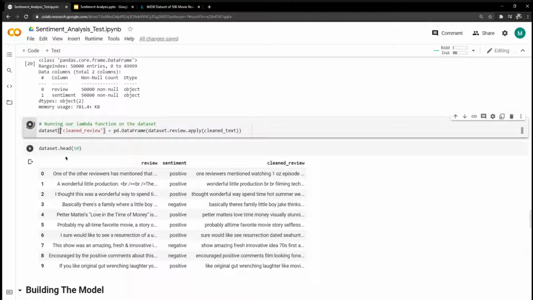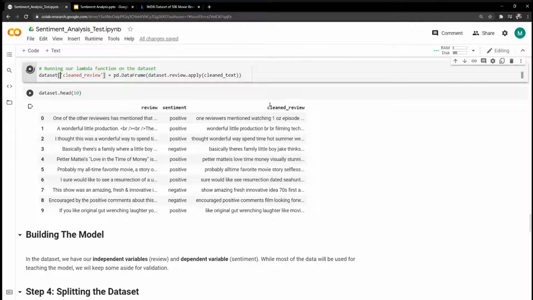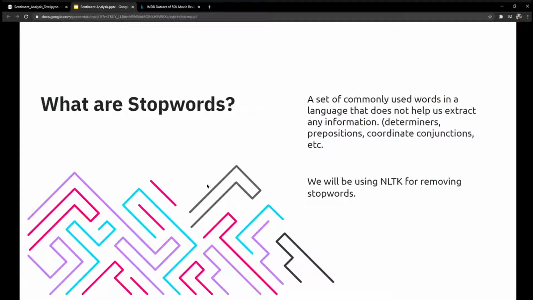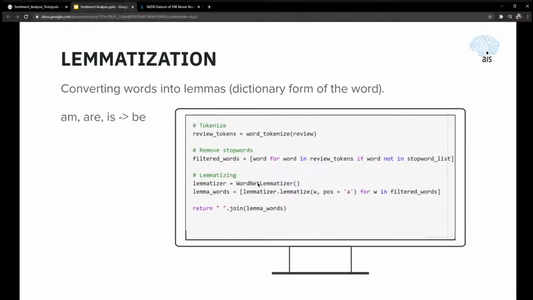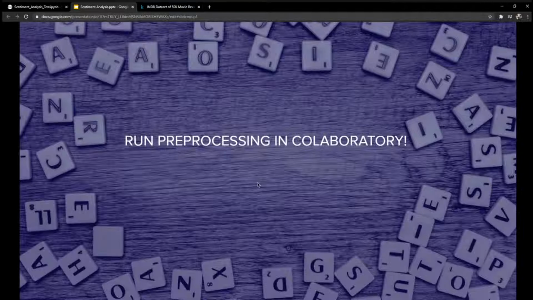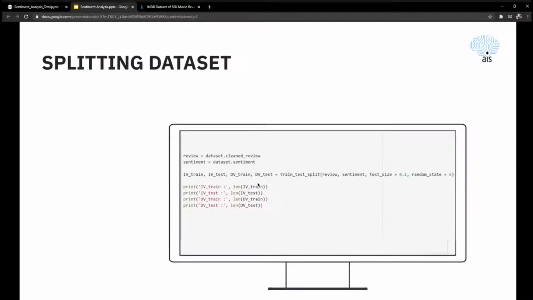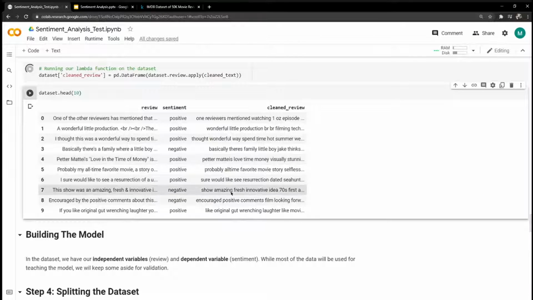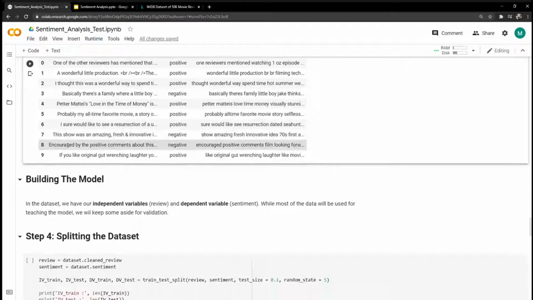And after doing that, this is what we have. This is the new column that we've created, where we have our cleaned up data. So I kind of went on my own here, but it's okay. Alright, now that our data is clean and we're ready to extract sentiment from it, we will start building our